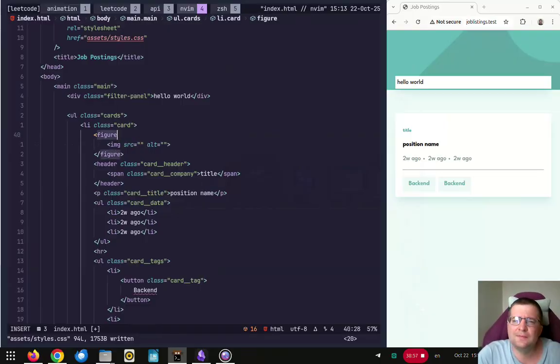I like to always put an image inside a wrapper because I can adjust the image size using the wrapper so it doesn't overflow. In some situations when you try to adjust the image size by applying styles directly on the image, it gets clunky, it gets ugly. So the most reliable way I found was to put a wrapper around the image, and figure is more or less the semantic element to put around the image. So I put card logo, and